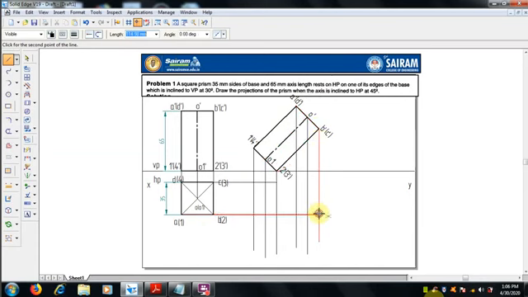Here it meets C and C dash, where it meets, and the D and D dash meeting points.